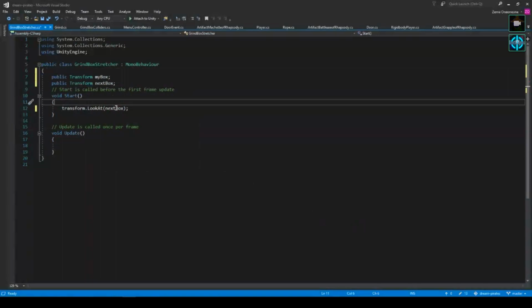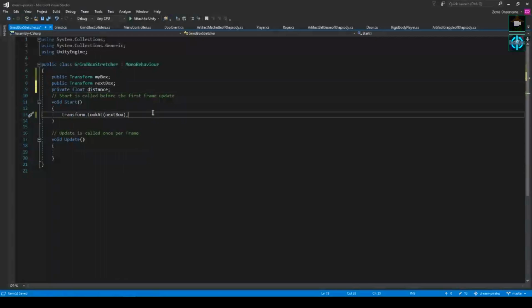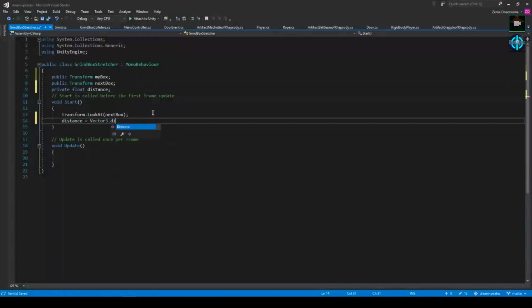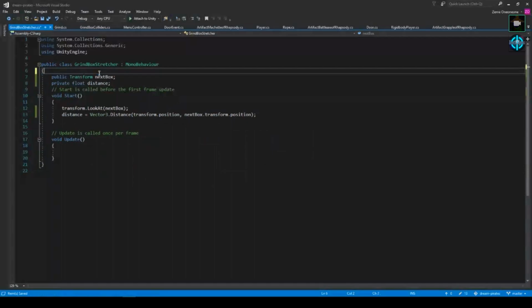Lowercase t. And then let's create a float variable. It doesn't have to be public, yeah. We'll call it distance. And then let's get the distance between our current box and the next box. So let's get rid of the my box on that. Just do transform. Yep. I don't think we need the my box variable. Oh, because you're planning on putting it on each individual box. Yeah. Oh, okay. I see what you're doing here. Okay. Then,